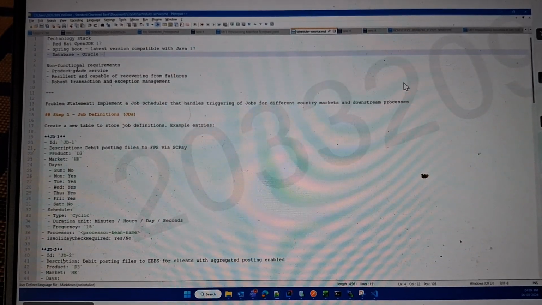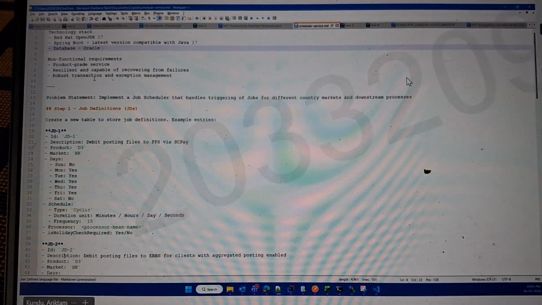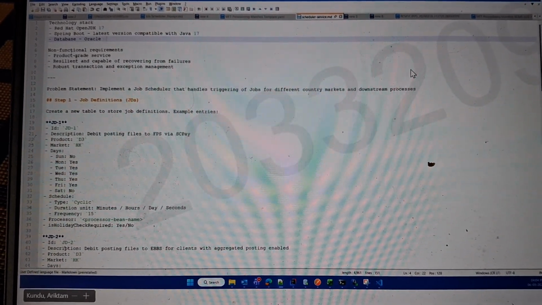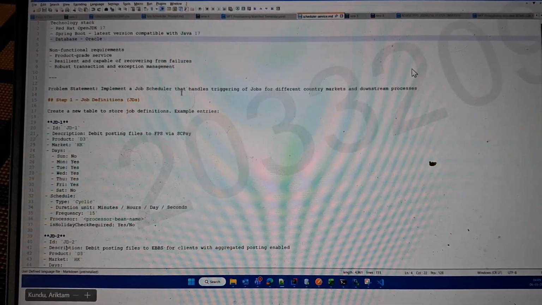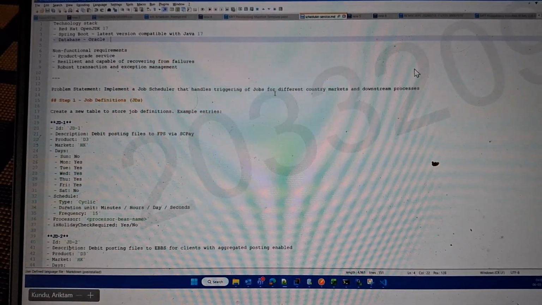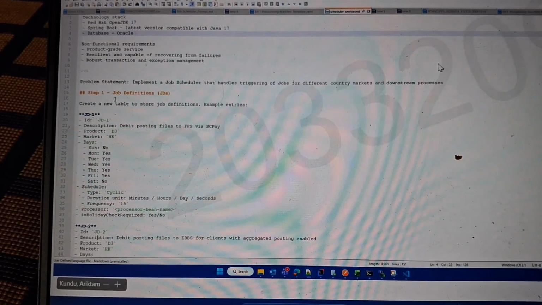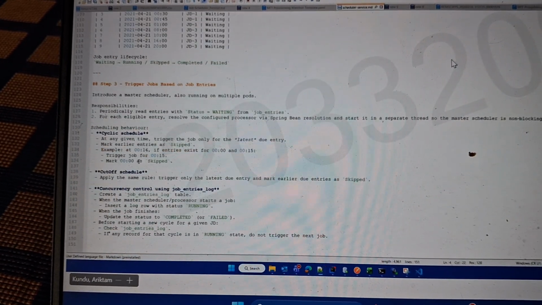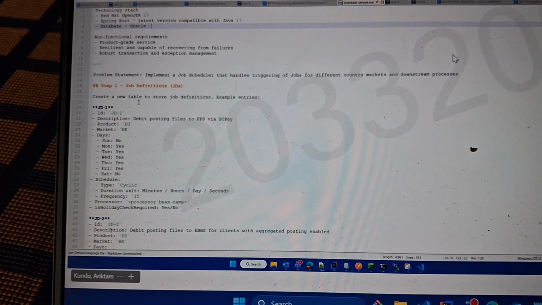And this is the prompt where we have the technology stack defined over here, and then the non-functional requirements, and then the problem statement: implement a job scheduler that handles the triggering of jobs for different country markets and downstream processes. And then we had defined it step one, step two. So this is the designing part that was done, and based on that we